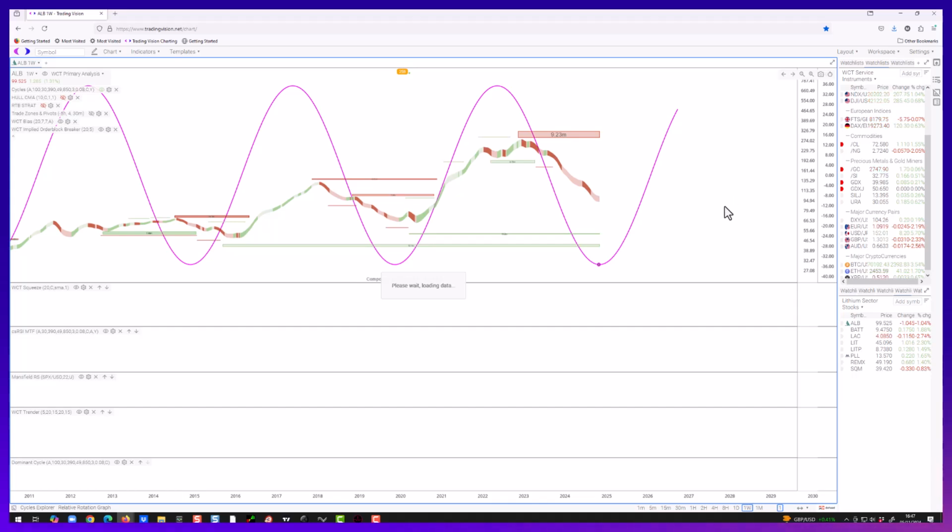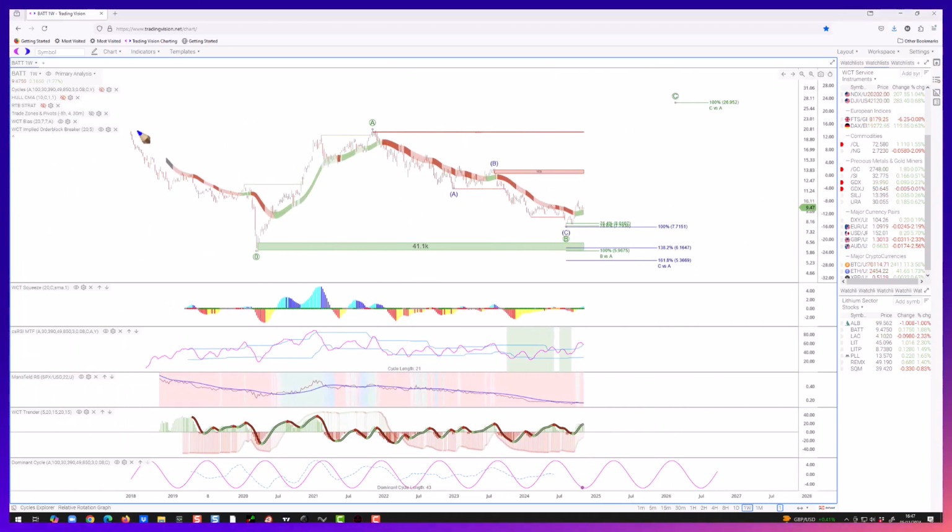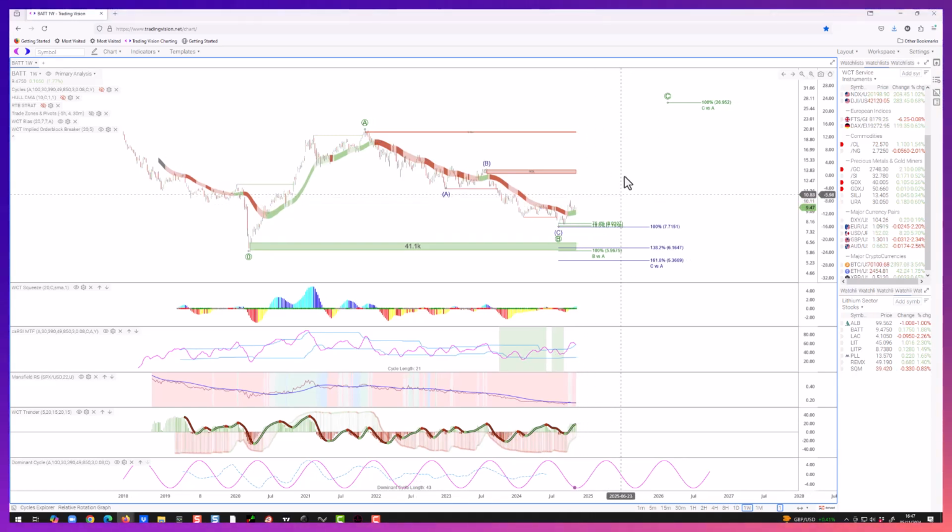BATT, excuse me, which here. Now, again, we don't have a huge amount of history, but we've got an ABC down into the all-time low. 1, 2, 3, 4, 5 for an A up, a B back, right into a 764 retrace. Now we've pushed up, we've broken the downtrend here. You can see the move up that was signaled all along. I think we're going to get a pullback, and then if we get an equal move up over time, that takes us all the way up to $27 in BATT.